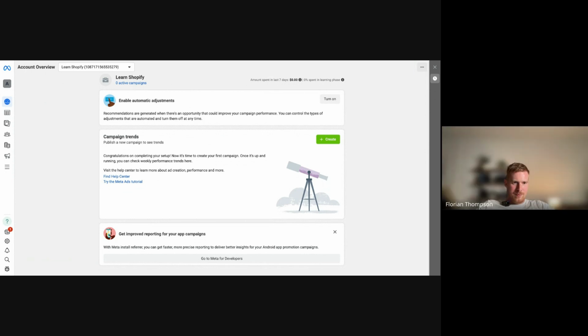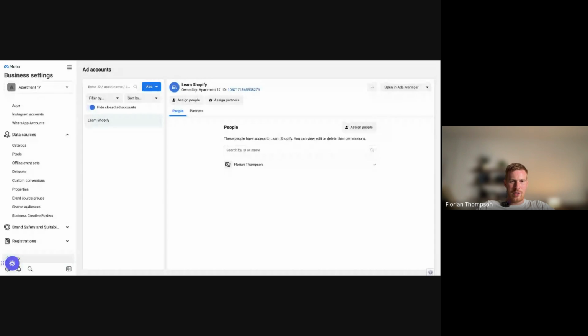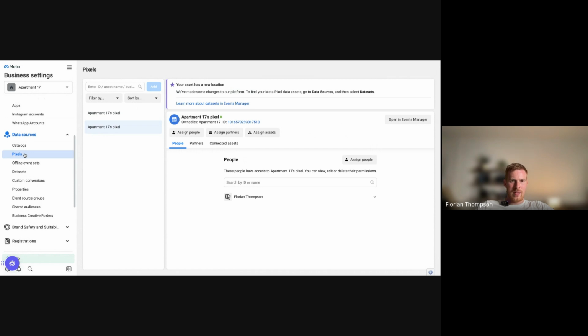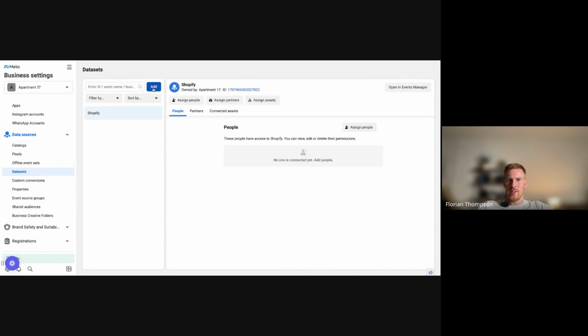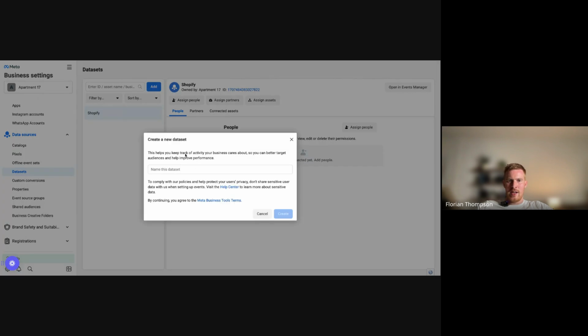Let me share that. Yeah, in the Business Manager, they now call it data sources. So here we have our pixels, and you would even add one like this. You could then say, okay, I want to add a new pixel. I think I have to verify my business first. Oh no, it's now data set creation. You would do it here, where we say, I want